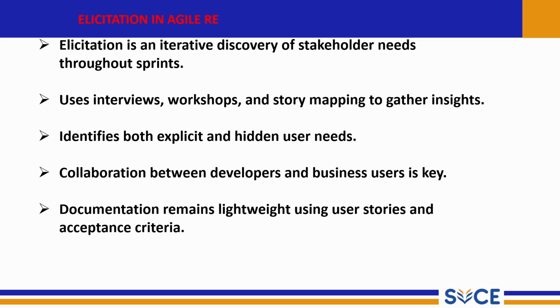Already we know elicitation is nothing but gathering the requirements for agile. Elicitation identifies both the explicit and hidden user needs, so both can be identified in the elicitation phase. Collaboration between the developers and business users is key, and documentation remains lightweight using user stories and acceptance